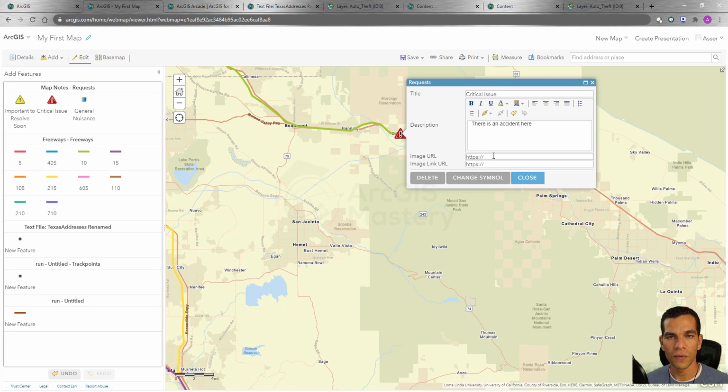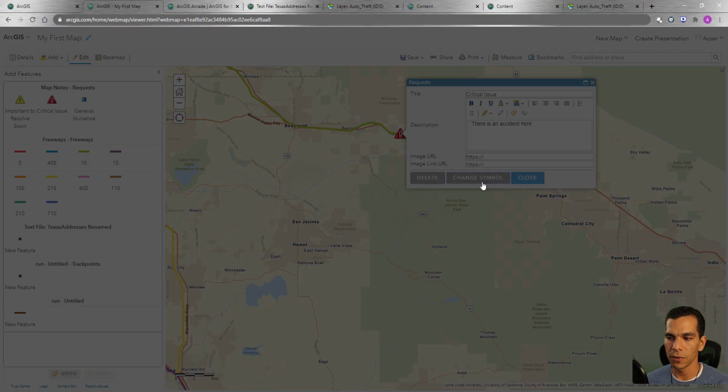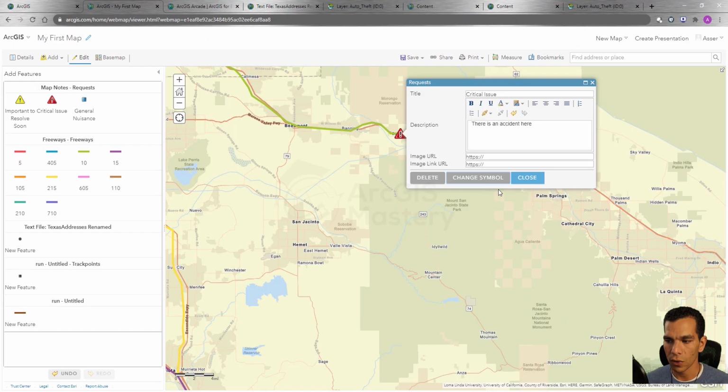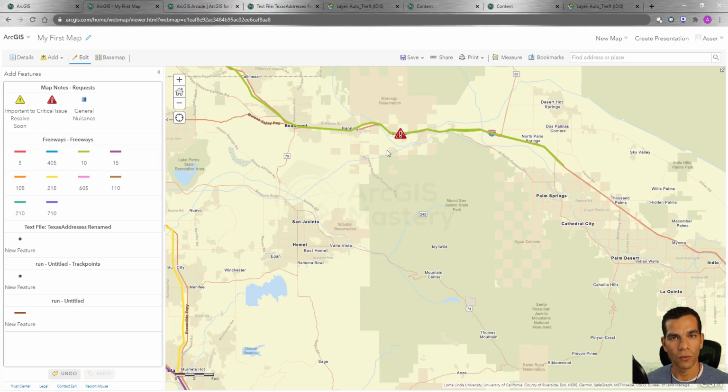So if you, for example, add this data using ArcGIS Collector, you will be able to add an image, and it will be uploaded to ArcGIS Online. And here you can add an image using a URL for the image, and the extra option here you have is change symbol, so you can choose what symbol you want if you don't like this one. So here we finished adding our critical issue as a point, so let's close this one, and now we have one more map note on our map